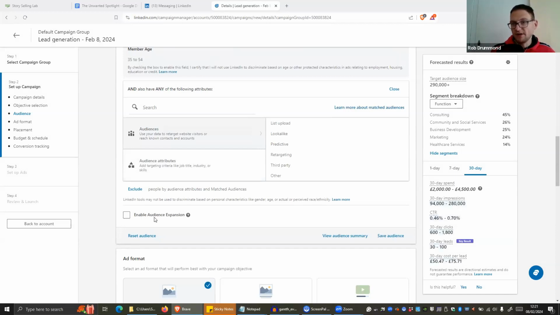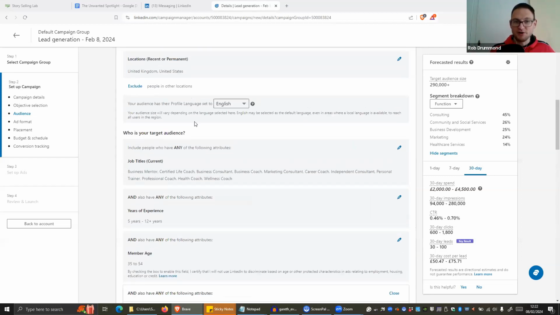If you leave this on, I don't know if you've done any Google advertising, but there's a setting if you run a Google display campaign, I think it might also be called audience expansion, where if you target a remarketing audience, it will also target people who Google thinks are similar to people in your remarketing audience, even though they've never seen you or been on your website. This is kind of the same feature, so you have to turn that off.